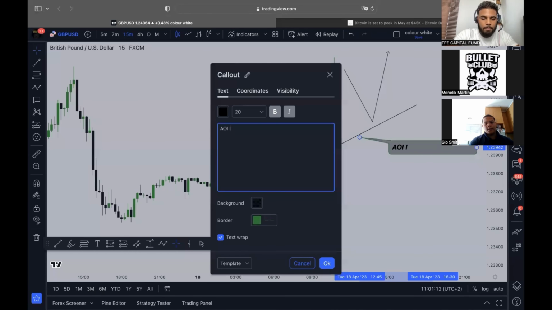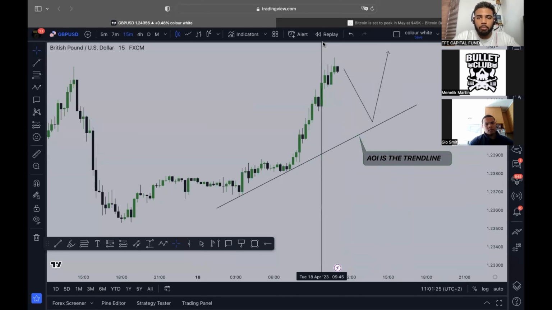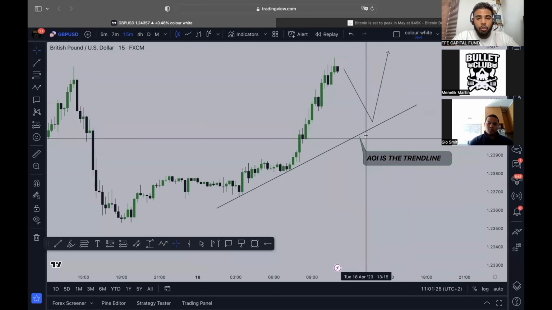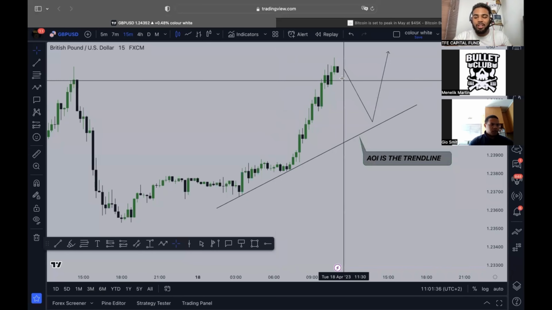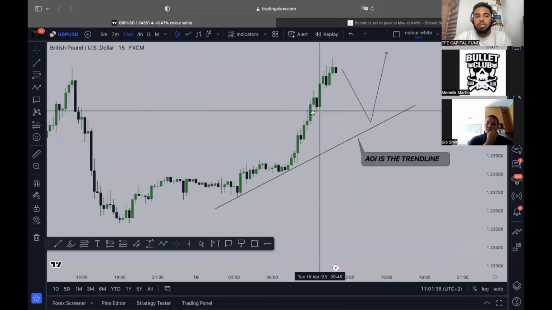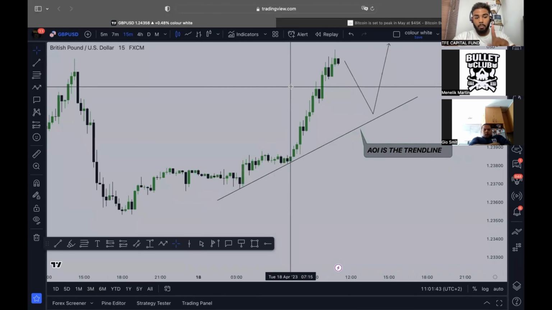It's the trend line for here. In this instance, it's the trend line, and on the trend line we're looking for buys. Traders, remember this: on the trend line, we're looking for buys. Right now, we're far from the trend line, so we have to wait for a pullback to consider buying this market. We know it's going to continue buying, but we don't know where and when yet. At this point, we're waiting for it to come to a valuable area of price to consider taking a buy on it.